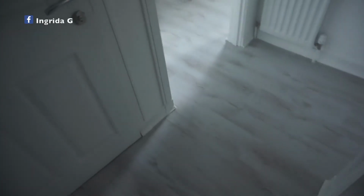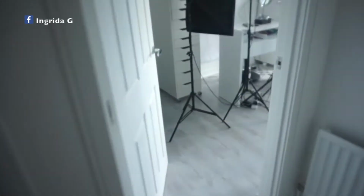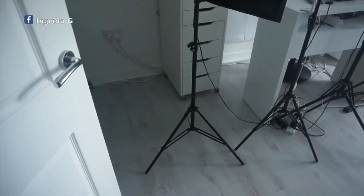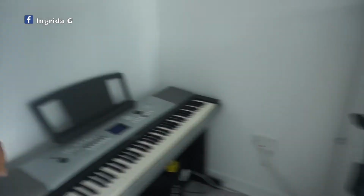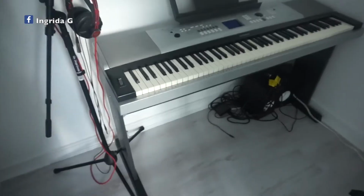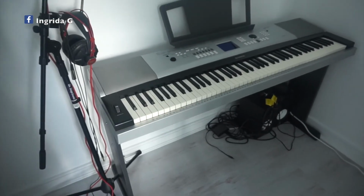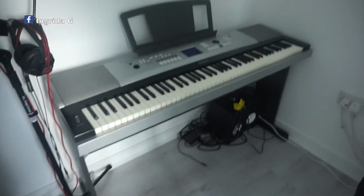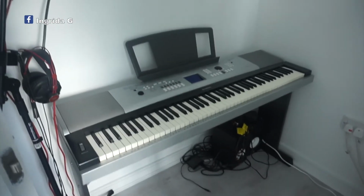Okay, let's see. So now coming in to my little studio, this table was in the middle here, so I couldn't come in properly, but now I have space for that. So on this side I put the piano. I'm not sure if I want to get rid of it yet or upgrade to a better one. I don't know. I still kept it, just for keeping it, although I don't really use it